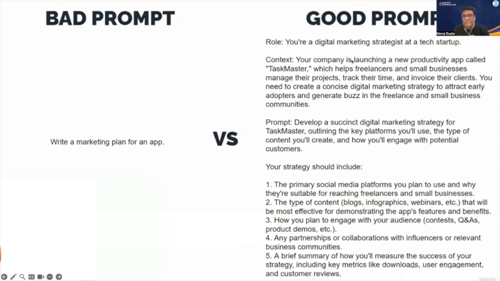Now, if I take the same example with the right prompt, here you can see this is the right prompt. This is a whole strategy built into the prompt. This is how a prompt has to be created, and that is why prompt engineers are so much in demand, and that is why they are commanding such a massive hike in their salary. Here you can see what the role is. There is a framework for this, called the RCG framework. I will tell you about it later. So what is the role, what is the context, and what is the prompt. So the role: if I say, you are a digital marketing strategist, OK, at a tech startup, OK.